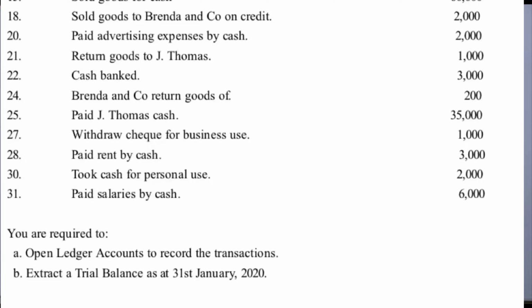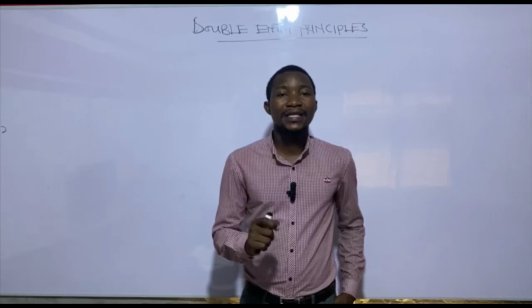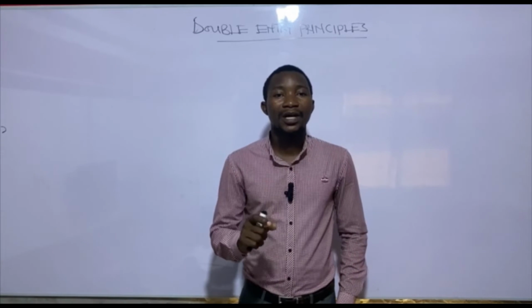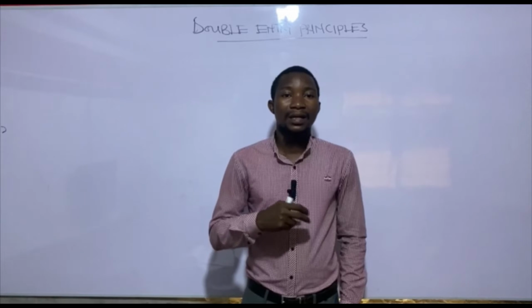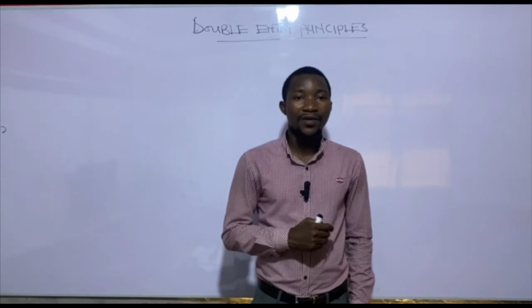And finally, on the 31st of January, paid salaries by cash, 6,000 Ghana cedis. You are required to: A. Open ledger accounts to record the transactions, and B. Extract a trial balance as at 31st January 2020. Good. So this is a comprehensive double entry transaction question, and we are required to open the various ledger